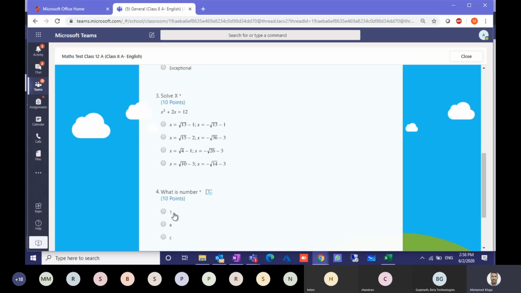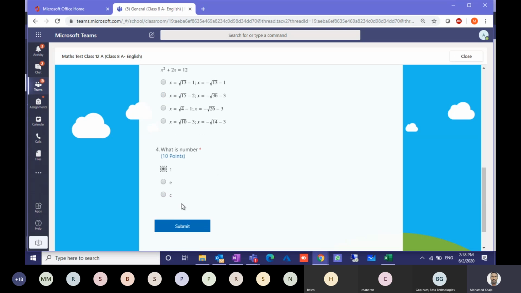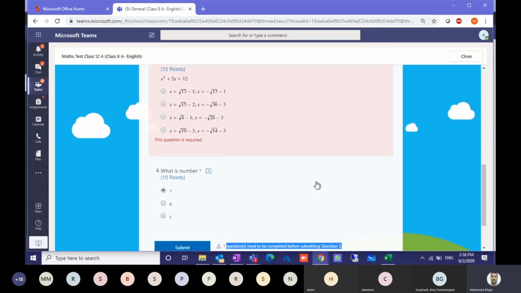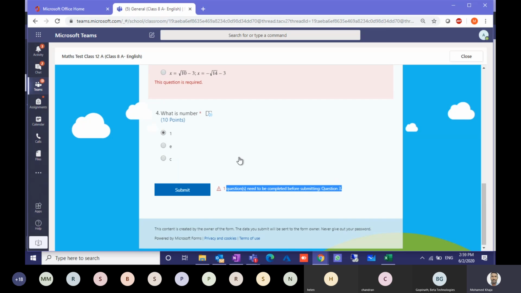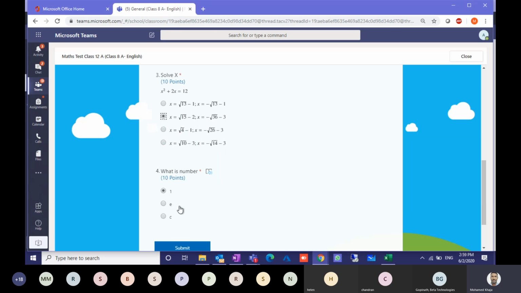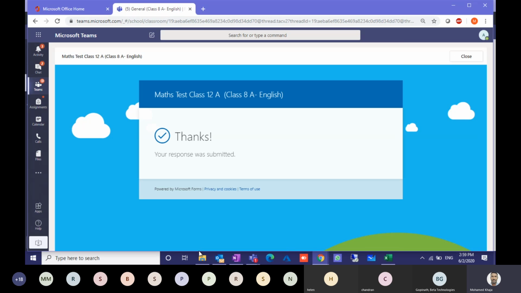I'm just skipping this one. I'm submitting. So it will tell me that you have not answered question 3. You have to answer, then only it can be submitted. So the student cannot skip any options, any questions here. They have to give the answers and submit. It will be submitted. As in the class notebook, they can't view the result immediately. That will be prevented, so that it will not be transferred to the other students.